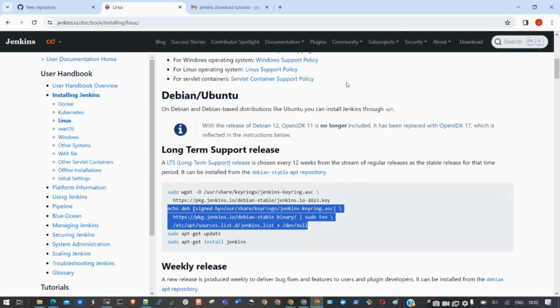Hello friends. So today we'll discuss how to install Jenkins on Ubuntu. This will not be by using an Ansible role. This will be command by command. So now I am in